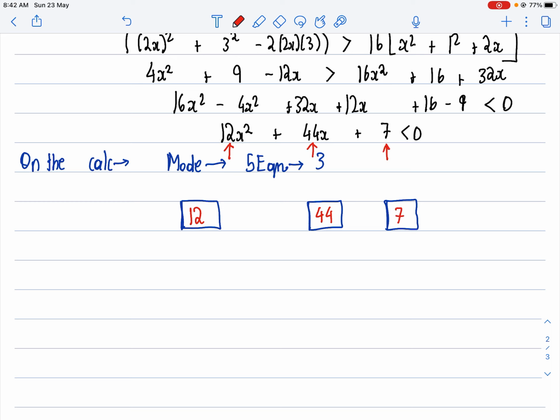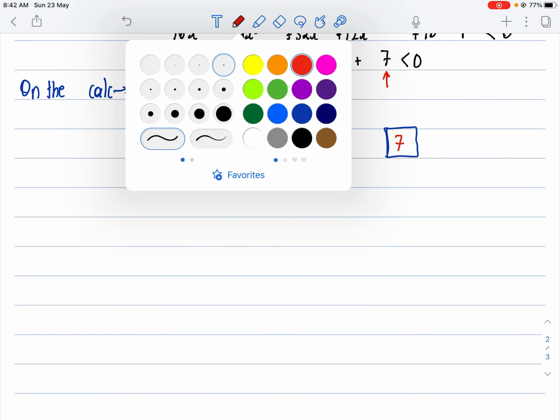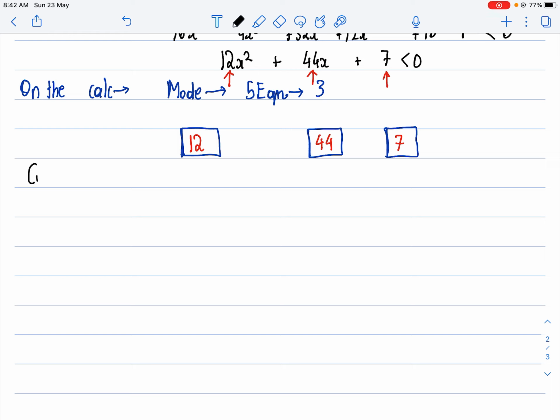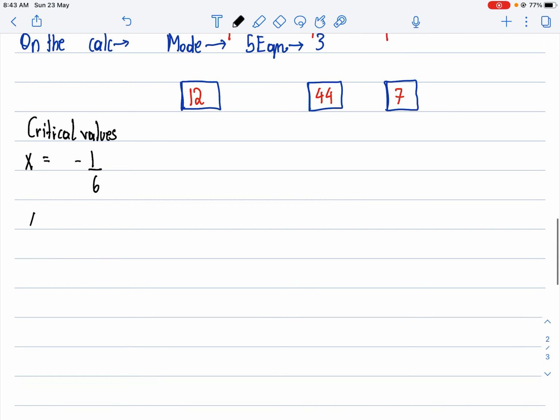When you do that, you get a set of critical values. So just write this down, get a mark for this. In your critical values, write x equals minus 1 over 6 and x equals minus 7